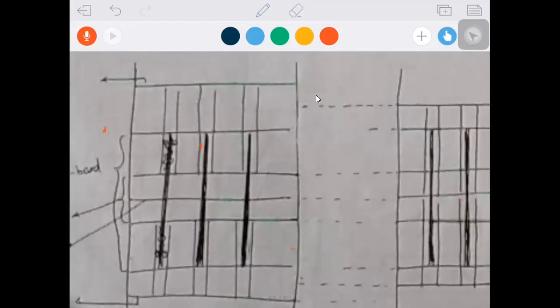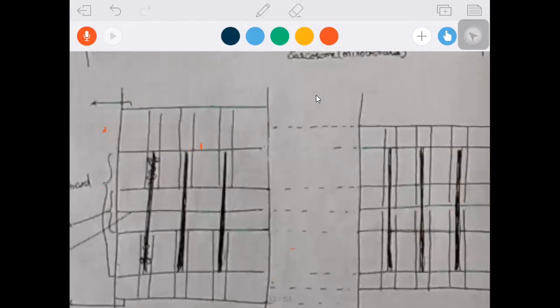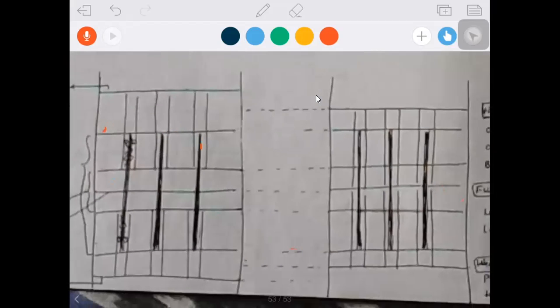Now we are moving to the written diagram. This is the Z line. Then you can see the arrangement of thick and thin filaments. You have to watch the difference between these two, and we have so many questions in this area. The first diagram shows the arrangement of thick and thin filaments in